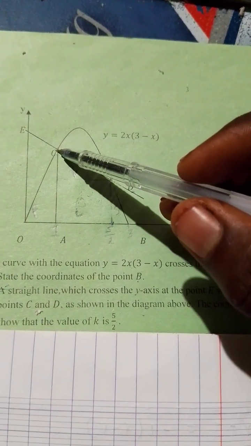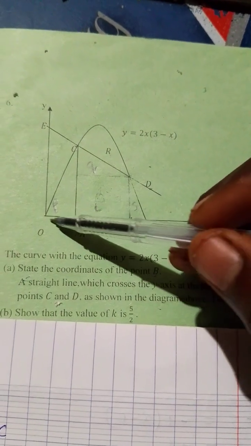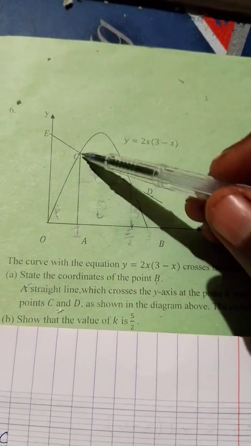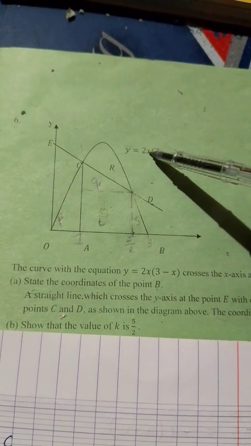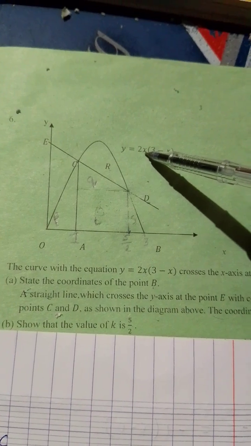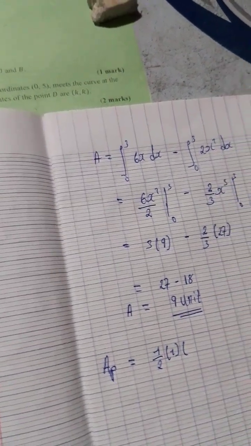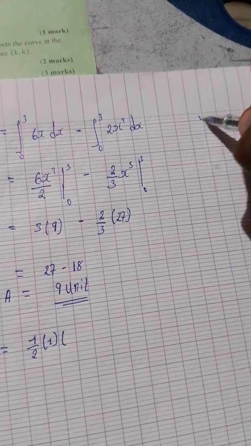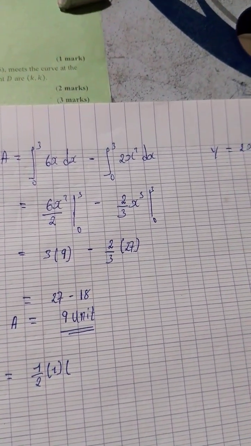Now to calculate the height here, we know very well that the x coordinate is 1. So to have this height, we're going to substitute 1 here, to have the corresponding value of y. That's the y coordinate. Let me just do it here somewhere in my rough work. We know that y is equal to 2x into 3 minus x. Now when x equals 1,